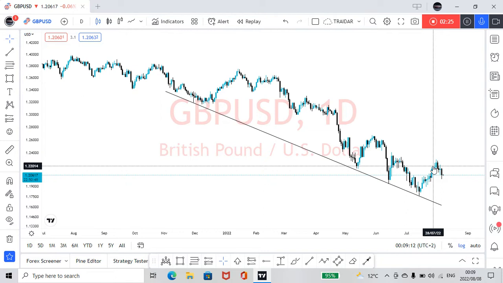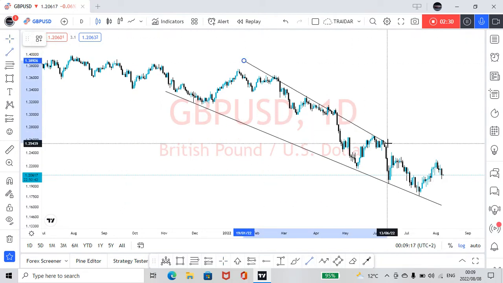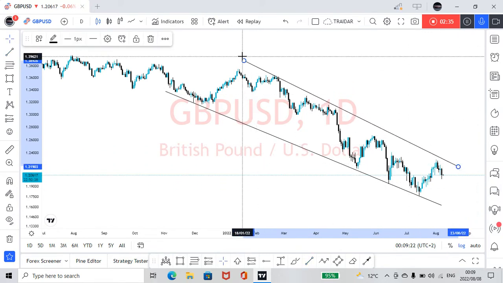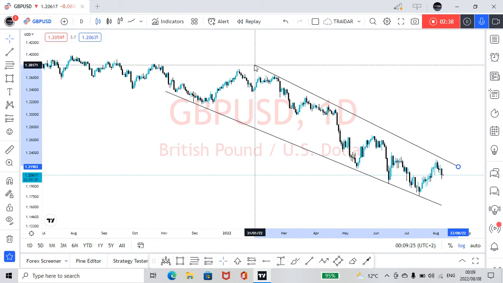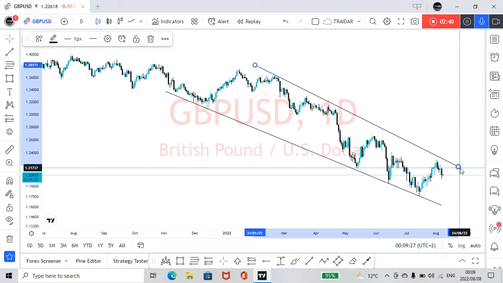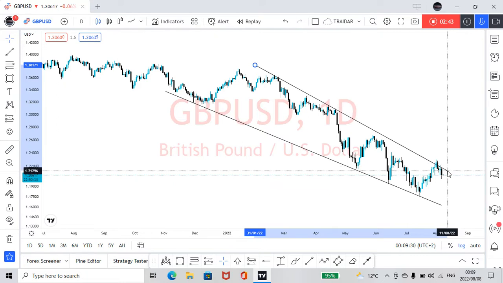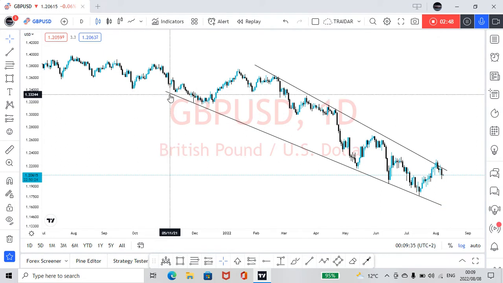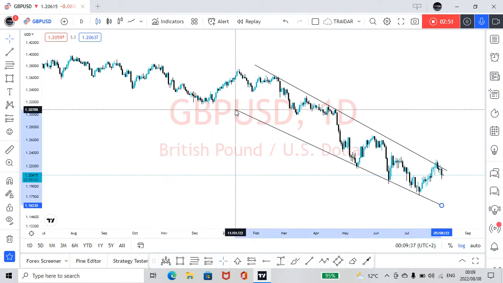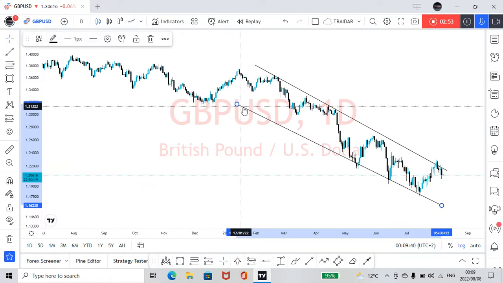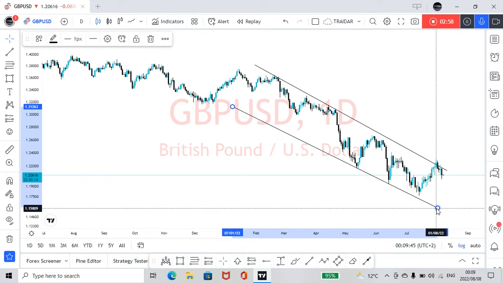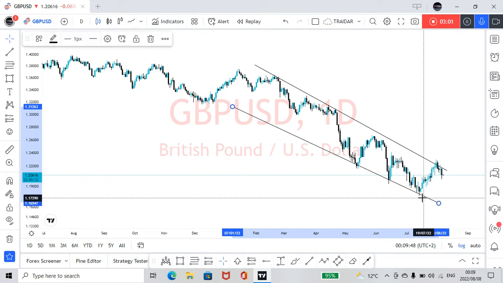But at the same time, like I said, I'll have to put the trend line yet again on the other side. We can't have a trend line on one side and then say, okay, this is it. No, we have to have it on both sides. So from where I'm standing now, I would like to say the trend is bearish, right? Why am I saying the trend is bearish? Simply because